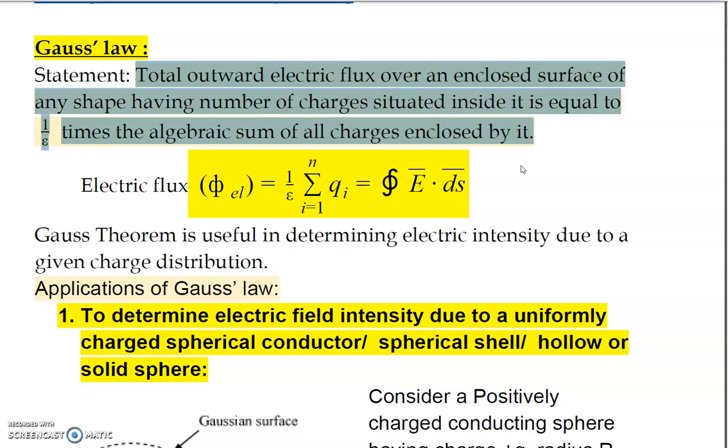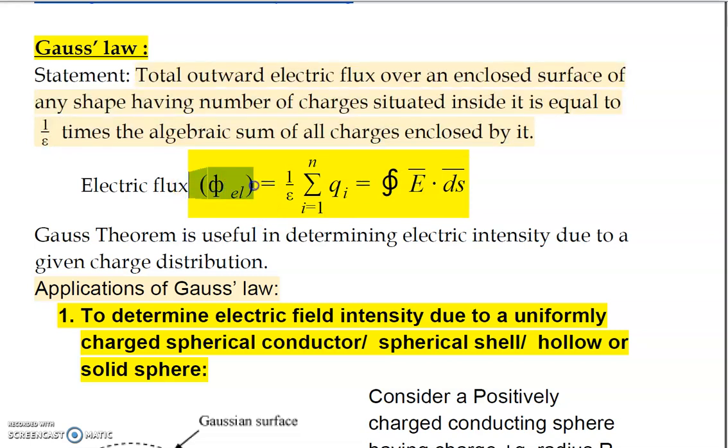So whenever you have a closed surface and in that you keep some 5 or 6 charges, q1, q2, q3, q4, q5, q6, some of them can be positive, some of them can be negative. If you have all such charges, then there will be an electric flux given out by all those charges, and eventually the algebraic sum of all those electric flux is going to come out of the surface. So that total outward electric flux is actually equal to 1 upon epsilon times sigma of qi.